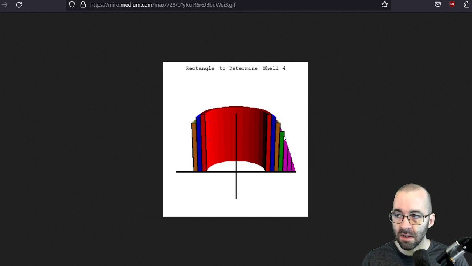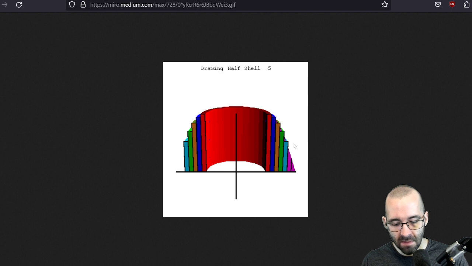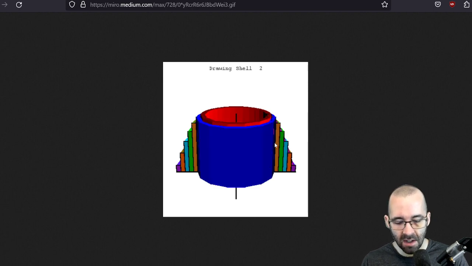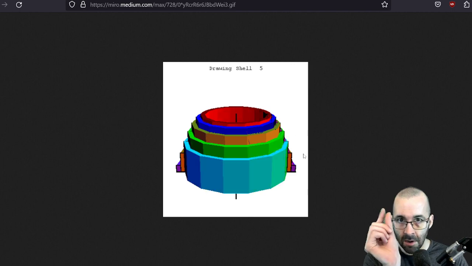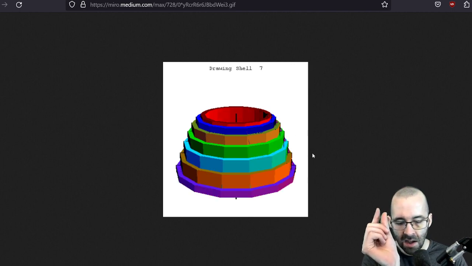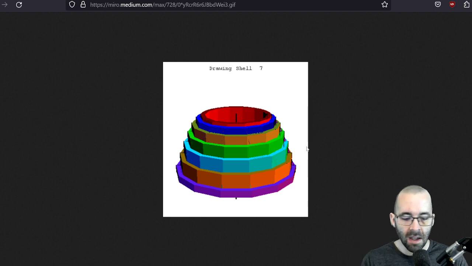Each one of these colors is a different one of those v sub i's that we did. Each one of those is going to have that shell, and we can just add up all those shells to get it. It's showing it by half at the start just to give a visualization, but now it's really showing that as these get really, really tiny, really thin, it will approximate that whole